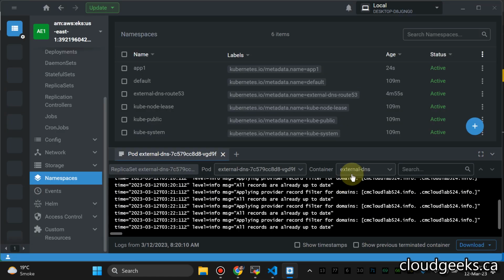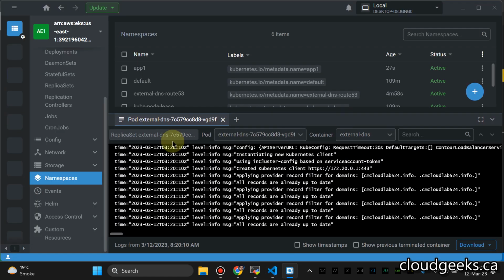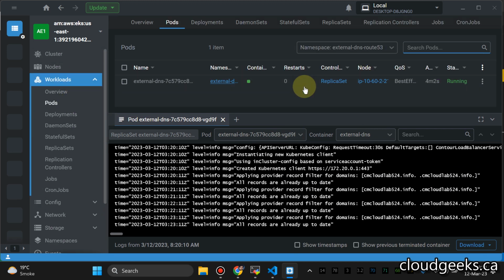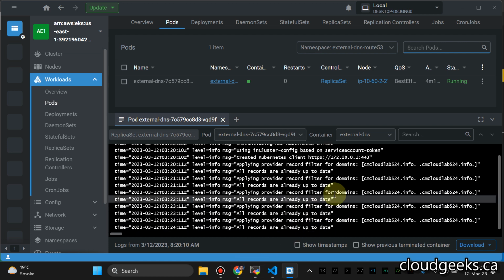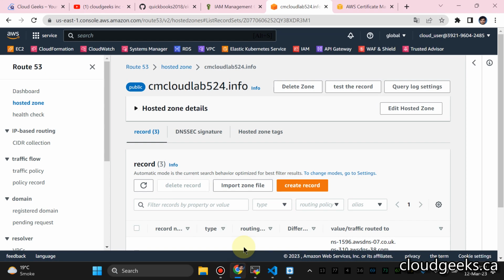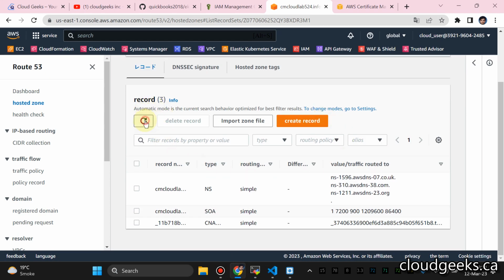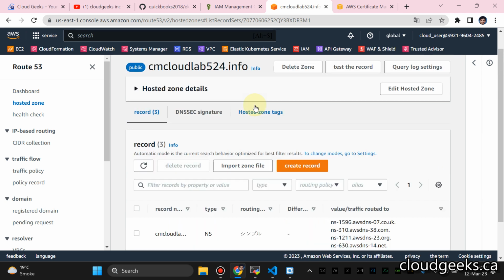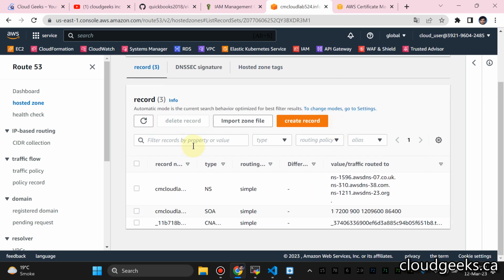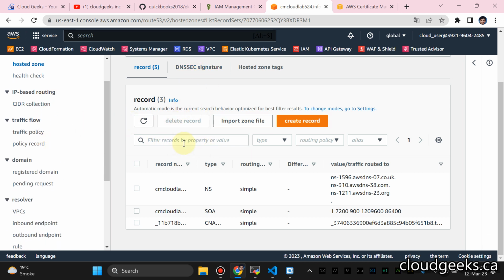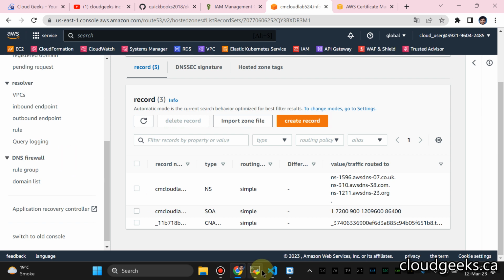If you navigate to the logs section, currently we are seeing the logs regarding this particular pod, right? What it is going to do shortly is create one or two entries in the Route 53 section. So let me navigate to the Route 53 section shortly. It should create one entry in Route 53. We have to wait for a while, because if you navigate to the ALB section, first of all,